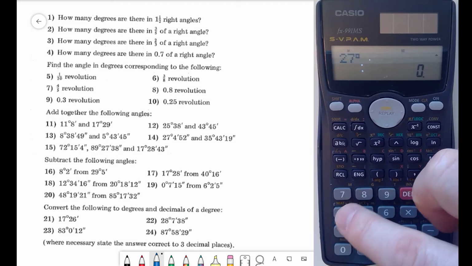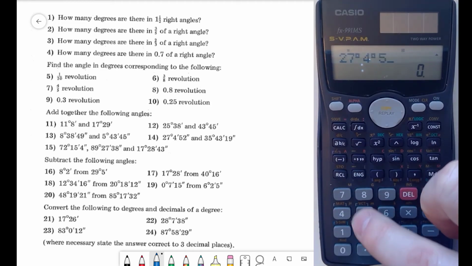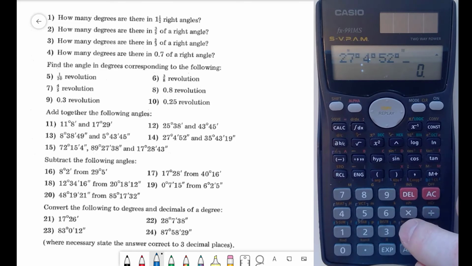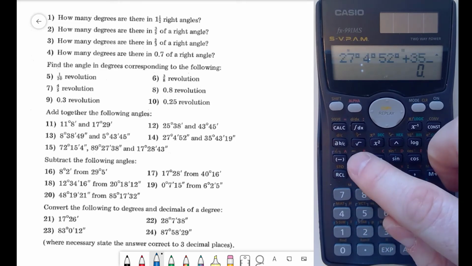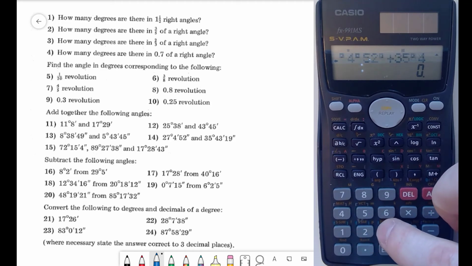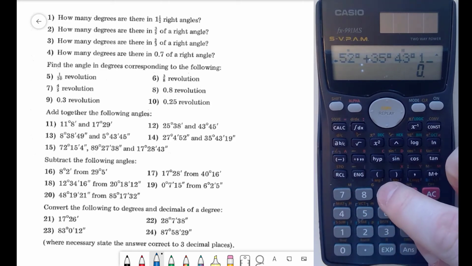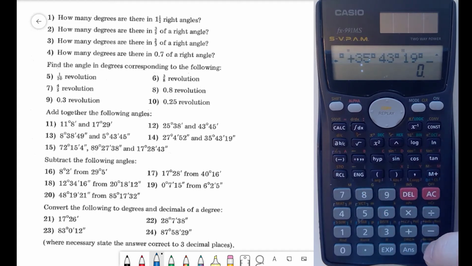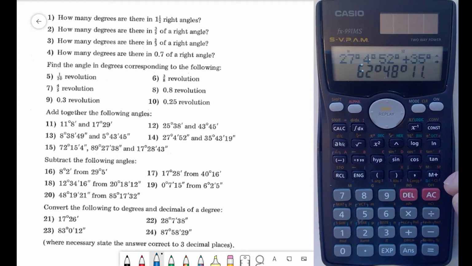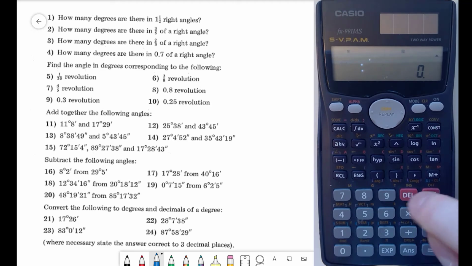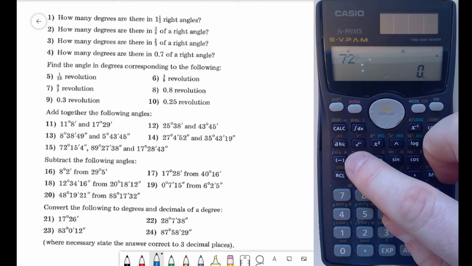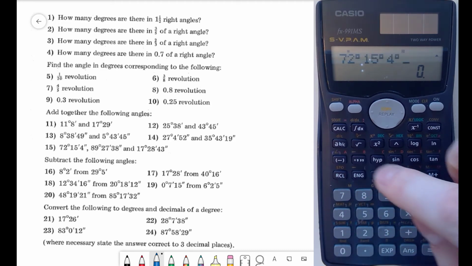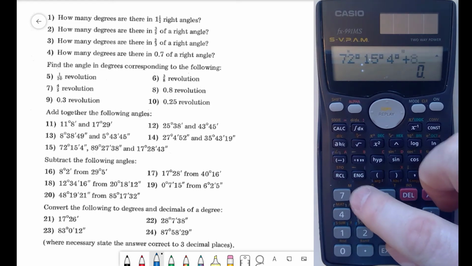27 degrees, 4 minutes, 52 seconds, plus 35 degrees, 43 minutes, and 19 seconds equals. So the answer to that one is 62 degrees, 48 minutes and 11 seconds. And then for number 15, which is the last one of this section, we've got 72 degrees, 15 minutes and 4 seconds. And we're adding this to 89 degrees,